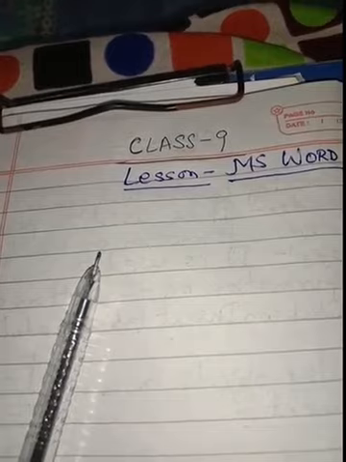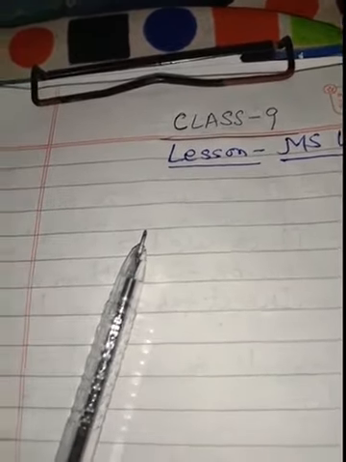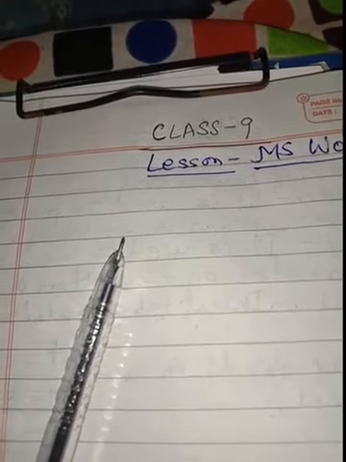Next, we have discussed that the word processor can process the following documents like pictures, advertisements, directories, web pages, resumes, newsletters, reports, books. We also discussed how to start MS Word: click on the Start button, then click on MS Word, and click on the blank document to create a new document.